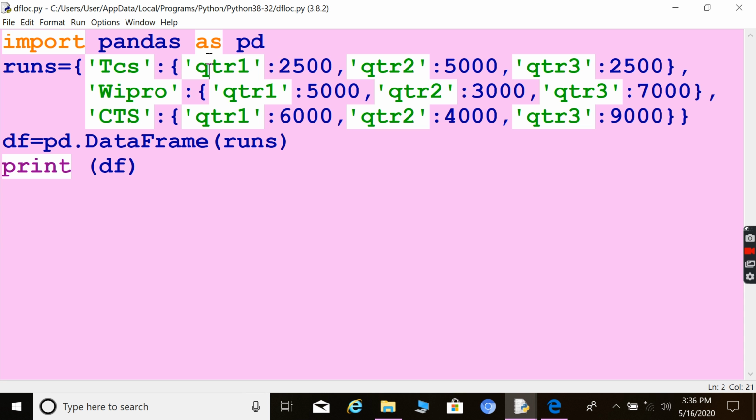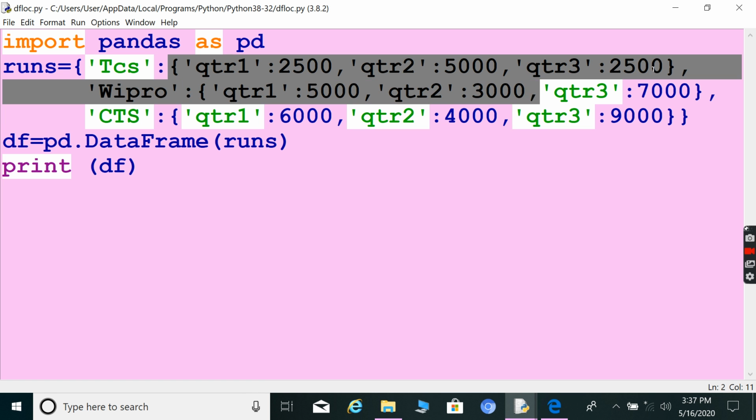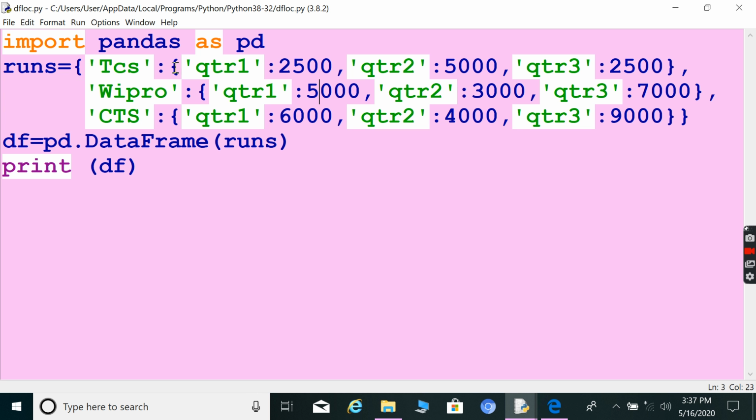It opens with a curly bracket and ends with a curly bracket, so we can understand this is not a list, not an array, it is just a dictionary. This is the key, then colon, and the value is again passed as a dictionary. So dictionary into dictionary is called a nested dictionary.